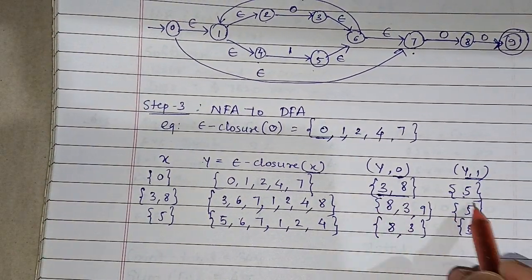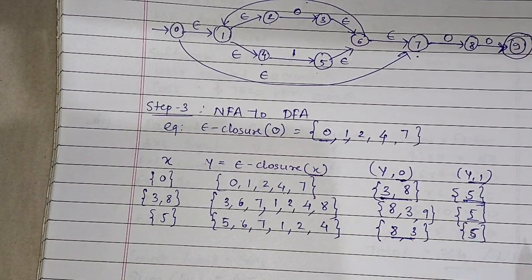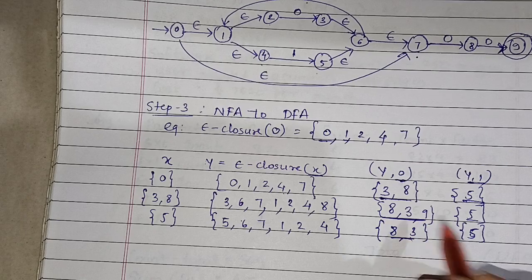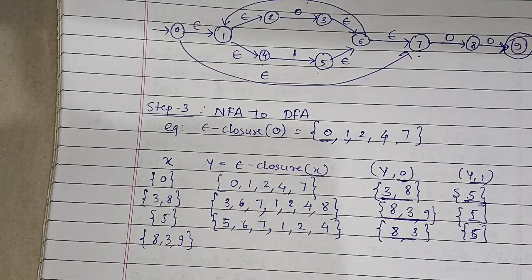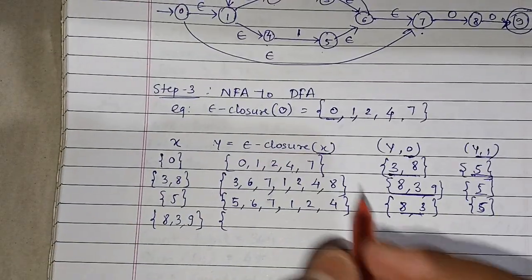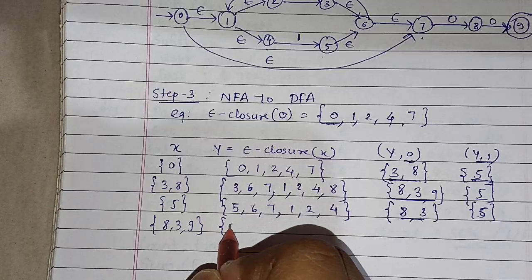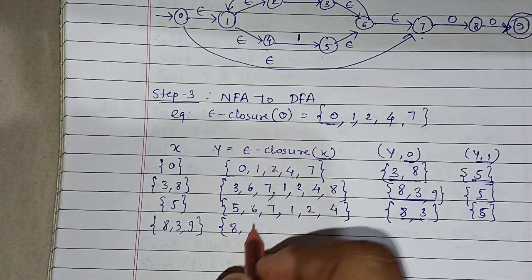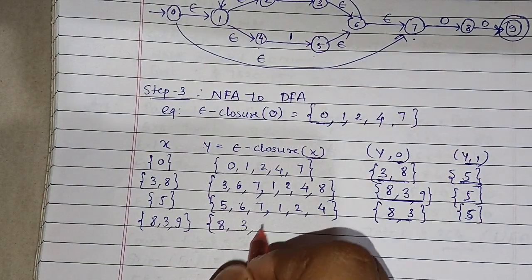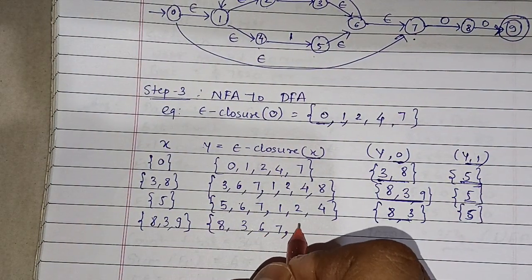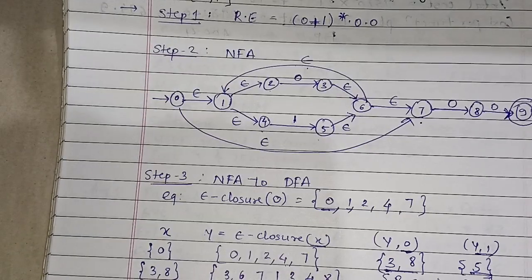Now see, I have taken this combination, look at this combination. This and this are the same, this and this are the same, and this is also the same. What's new here? New is 839 or 389, your choice, you can make. Again, I will add the epsilon closure. You will get 8 itself. From 8 there is no epsilon transition other than 8 itself. Then 3, 6, 7, 1, 2, 4, 9. Okay,